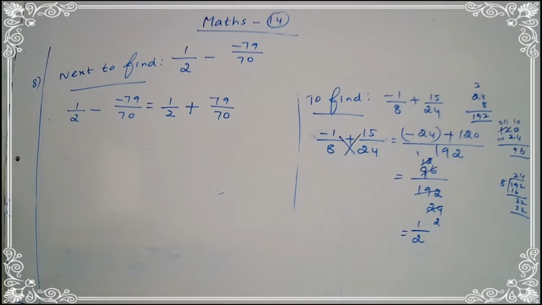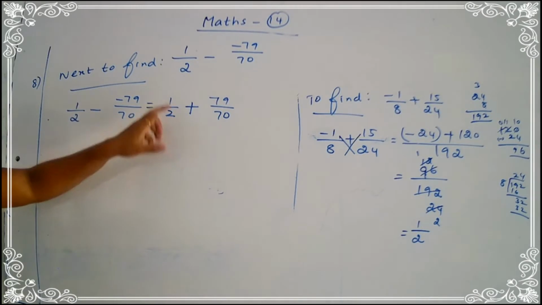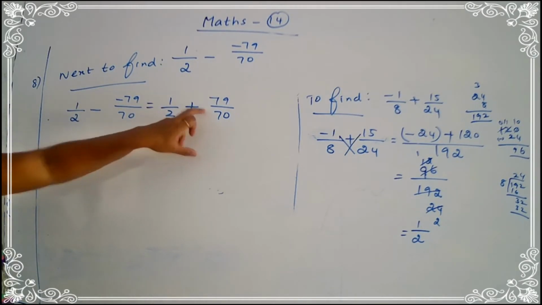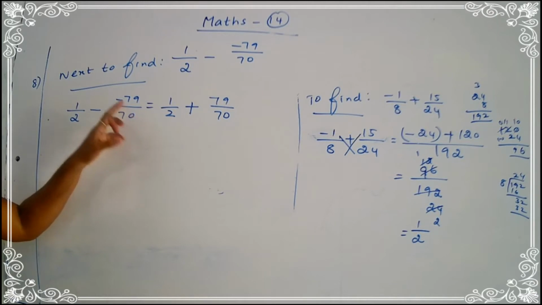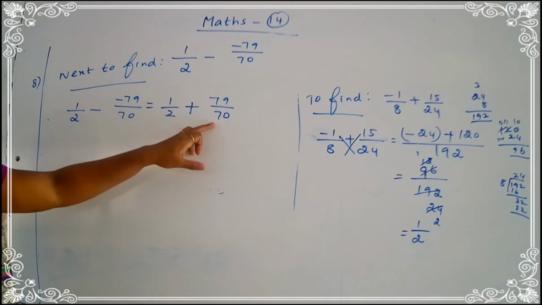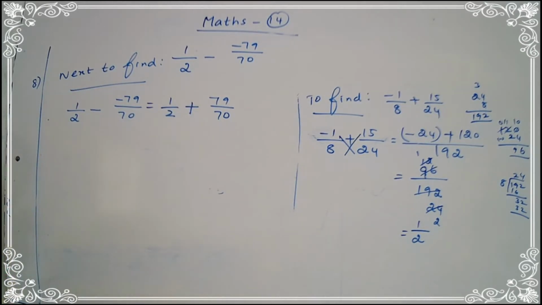79/70. Okay. So you see this is a subtraction. So in subtraction we add the additive inverse of the rational number to be subtracted to the other rational number. So that's why we add the additive inverse. So 1/2 plus, that time you put the additive inverse. The additive inverse of minus 79/70 is 79/70. Okay children, the additive inverse is the rational number of the same magnitude as the given rational number but with the opposite sign. Minus means plus, plus means minus.